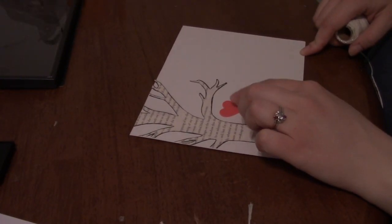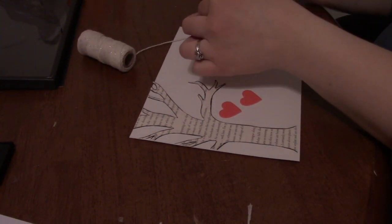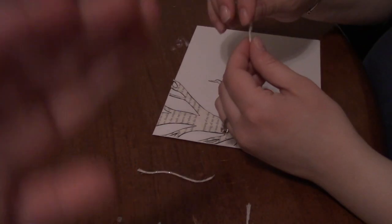Next, I positioned the red hearts where I thought I would like them to hang, and I measured how much string I would need. I cut a little extra, and then I tied a knot, and I made the knot,